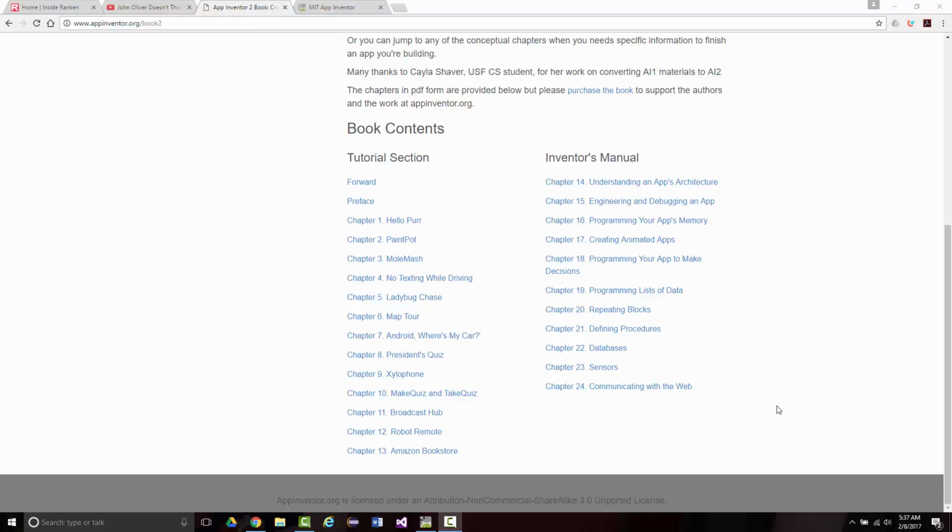Let me say that with Chapters 11 and 12, I'm going to go over both of them, but I'm not going to exactly be able to test them as far as doing a broadcast hub, and I don't have a robot, so I won't be able to do the robot thing. But I might see if I can get one. We'll see. Then I believe in Chapter 13 for the Amazon bookstore, we'll come back where we'll be able to